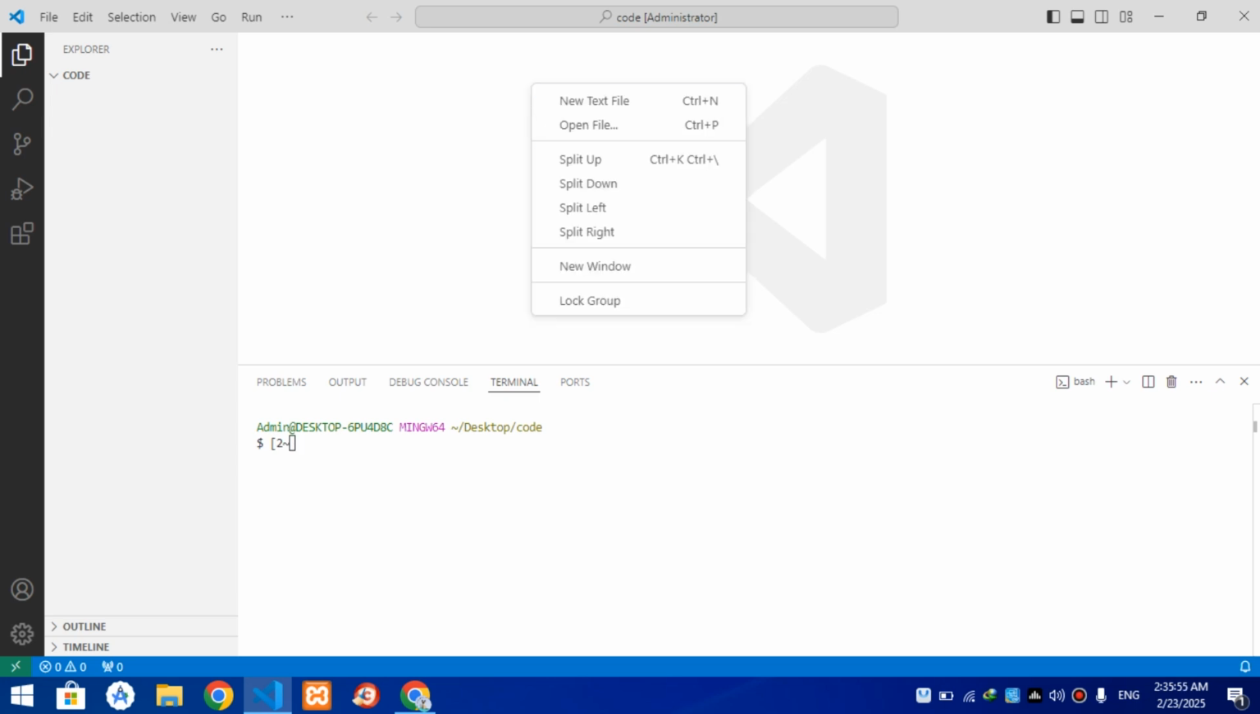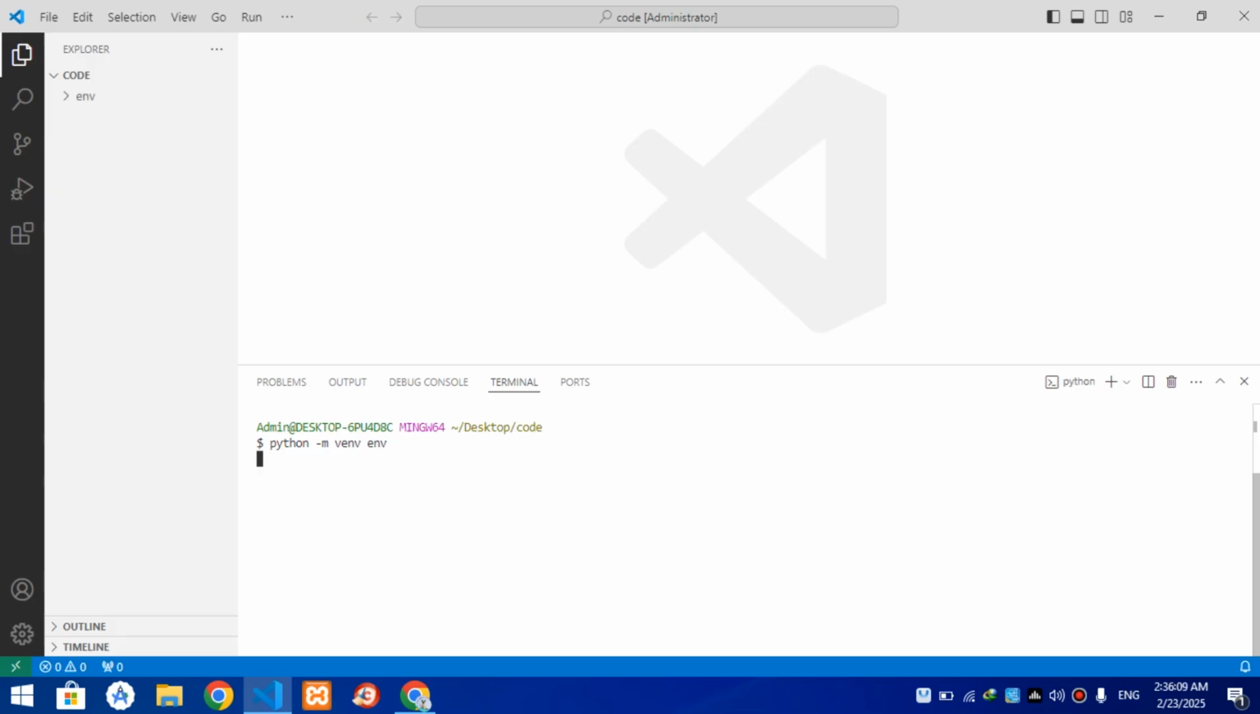Alright guys, so let's create our first Django REST Framework API. First of all, I'm going to run python -m venv env. Okay, so our virtual environment is going to be created in here. After that, type source env/Scripts/activate,